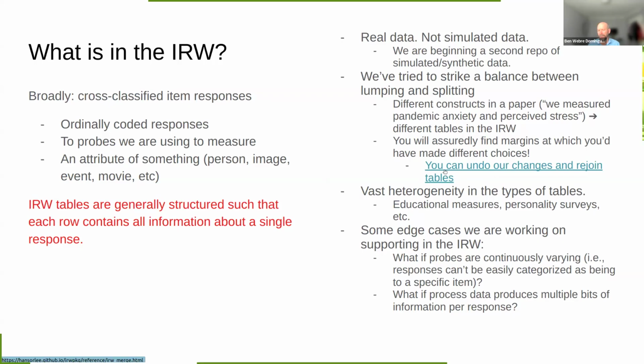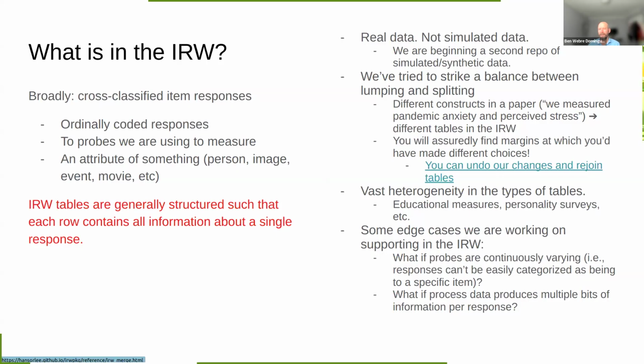There's really vast heterogeneity in the types of tables. We have educational measures, personality surveys, patient-reported outcomes. It's a very broad array of things, and I'll talk more about how to pick the kinds of things that you want downstream. There are a few edge cases that we're working on that I'm mentioning here